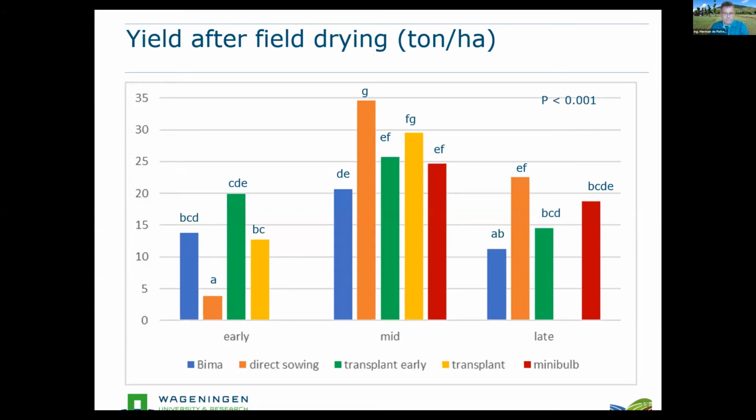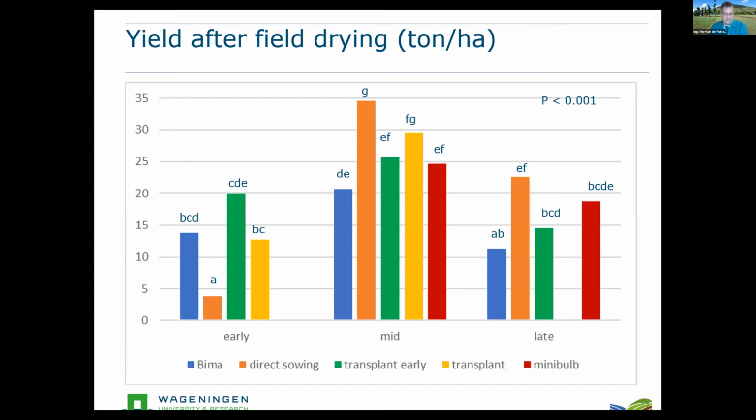Early. At Bima, you can see that it's close to 14 tons per hectare. So as I already explained, we used high quality Bima seed bulbs. And I think in reality, if it's closer to 10, it's more realistic. And when we then compare direct sowing,